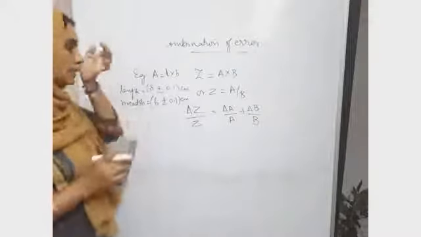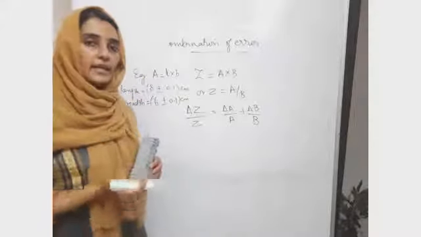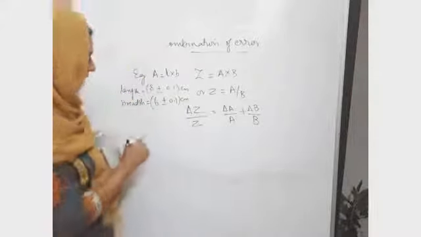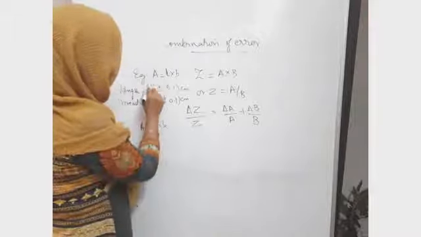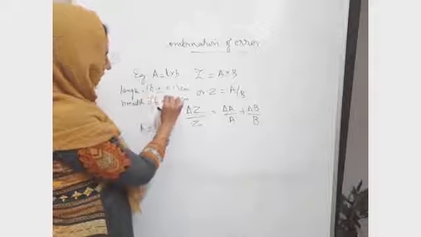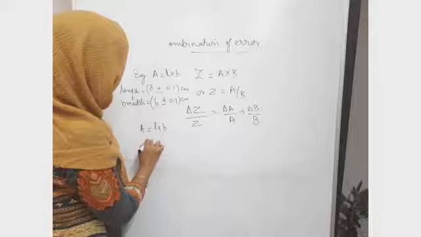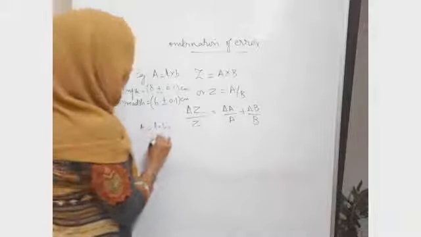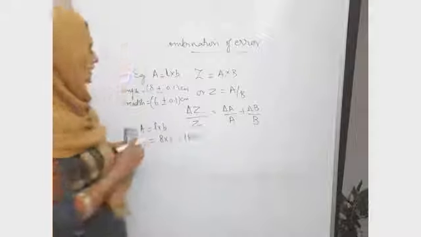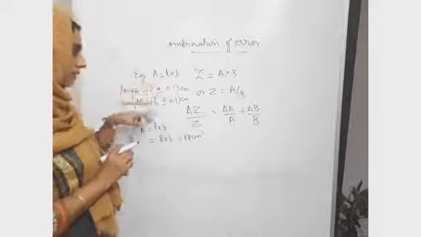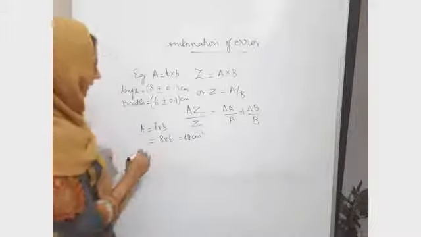So how will you find out the error in A, or how will you represent area in terms of error? First, A is equal to L into B, that is of the form L plus or minus delta L and B plus or minus delta B. So it will be 8 into 6, 48 centimeter square, is the area, or the true value you can consider, but with error. You have to represent it along with error.